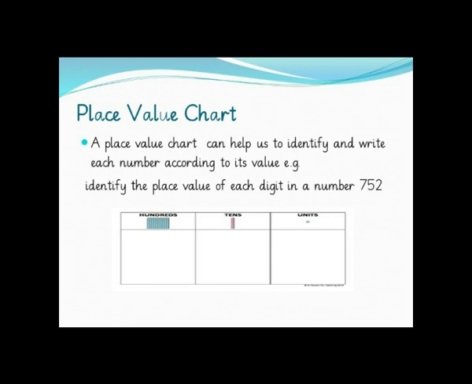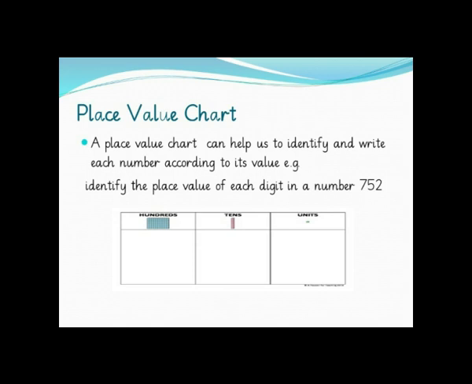Now, let's discuss the given number 752. If you see over here, there are 2 units, 5 tens and 7 hundreds. Now, observe the given place value chart. There are 3 columns for units, tens and hundreds separately. Now within the number